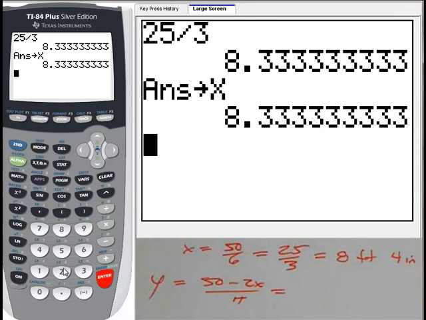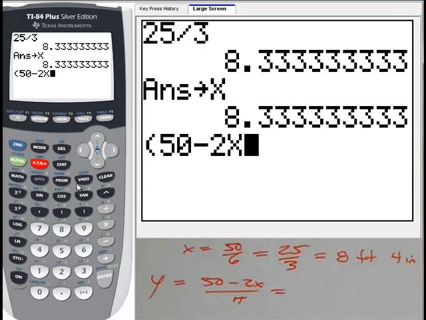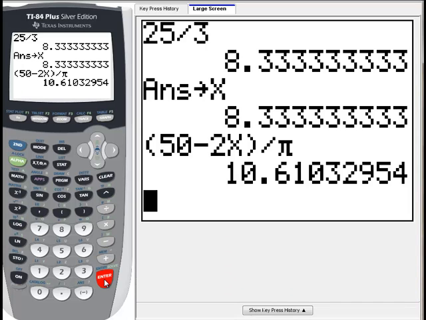Now it's in there. And that will also facilitate this next calculation, which is our y that we have computed here. We have parenthesis 50 minus 2x parenthesis, divide by pi, and enter. Alright, now I want to have this nice number around for future checking, so I will store it to y, store to alpha y, got it,